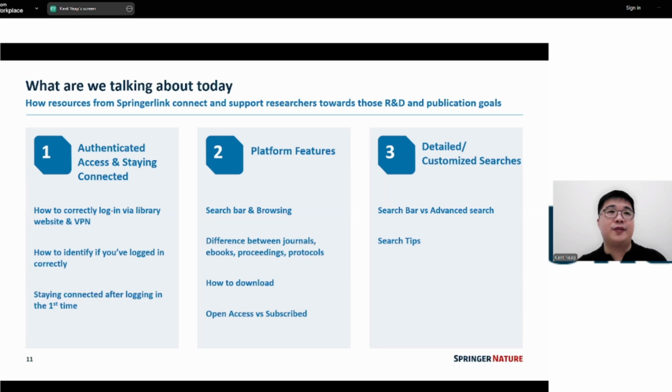And then from there, once we've become authenticated or authorized users, how do we recognize the platforms? And I'll be touching on two different platforms today. One is Springer Nature Link, and the other one is nature.com, both of which are licensed databases, or contain resources that have been licensed by your library in order for you to utilize freely. So on those platforms, you obviously have certain features that I will guide you through, teaching you the differences between what a journal manuscript looks like, what a book looks like, how you search through the platform,